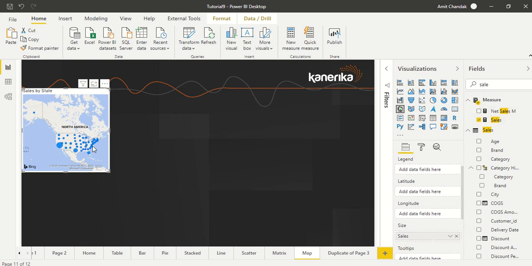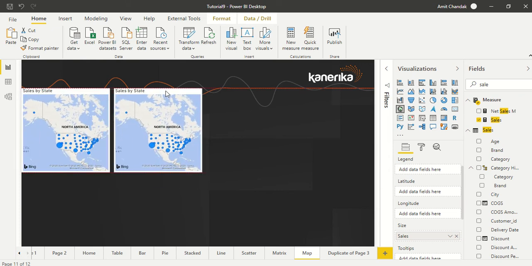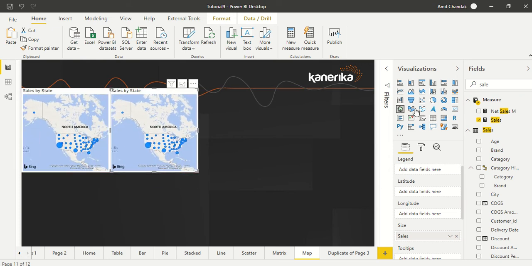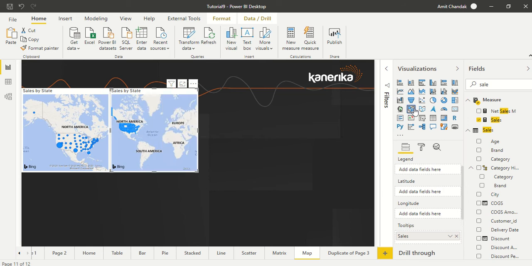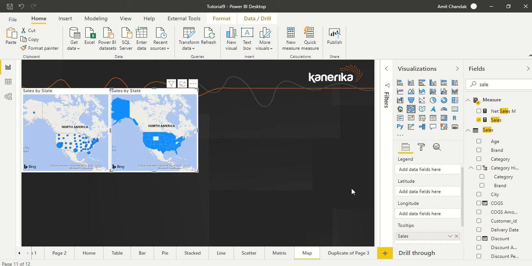Now I'm going to copy this visual and paste it, and then change it to field map. In the field map you see this is all going to be the same because there is no option like size or color shading.